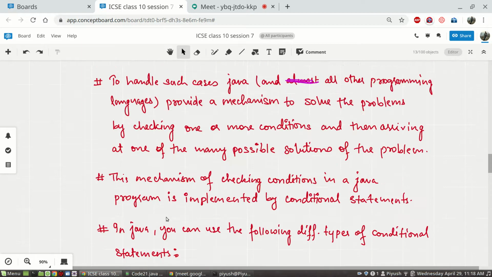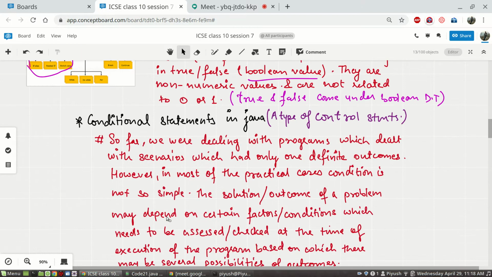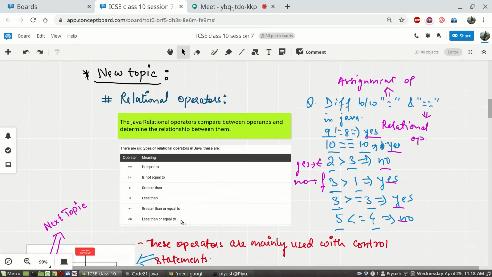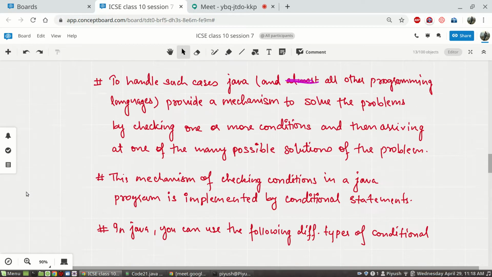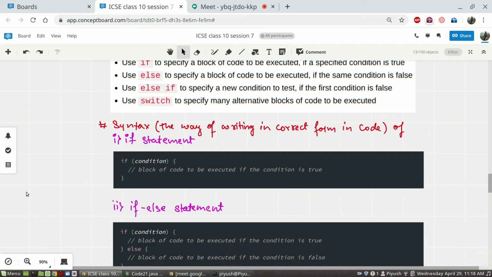We also learned just a while ago that relational operators are used extensively in control statements, and conditional statements, being one of the types of control statements, will be using relational operators. Where will they be using relational operators? Inside this bracket, written here as condition.